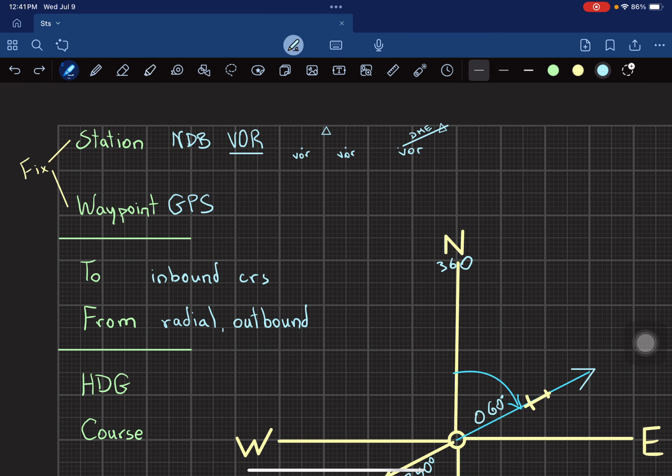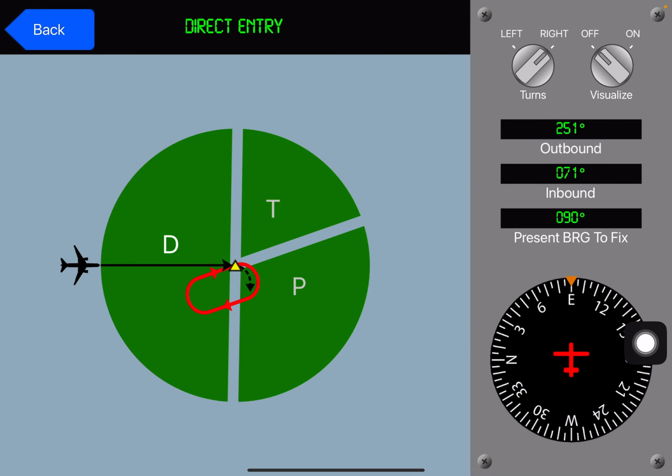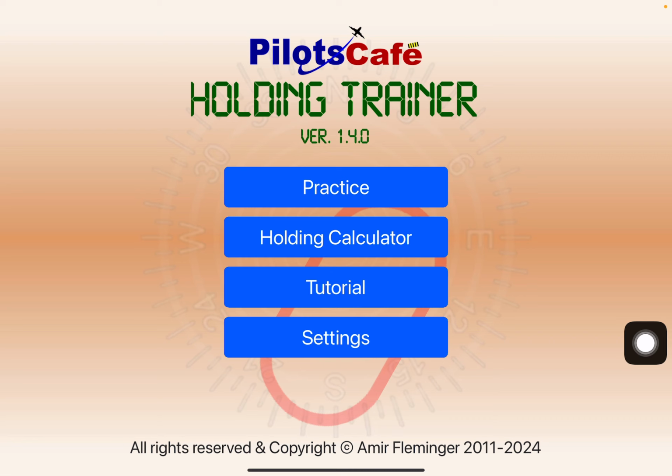Either words can be used to define the hold. The same hold can be defined with either your inbound course or your radial outbound. Let me show you examples of that. In the practice portion, for example,